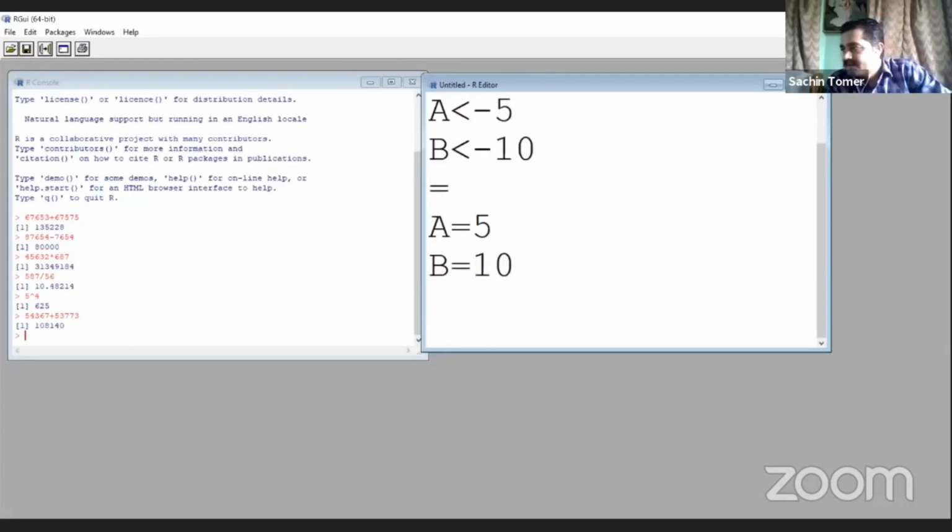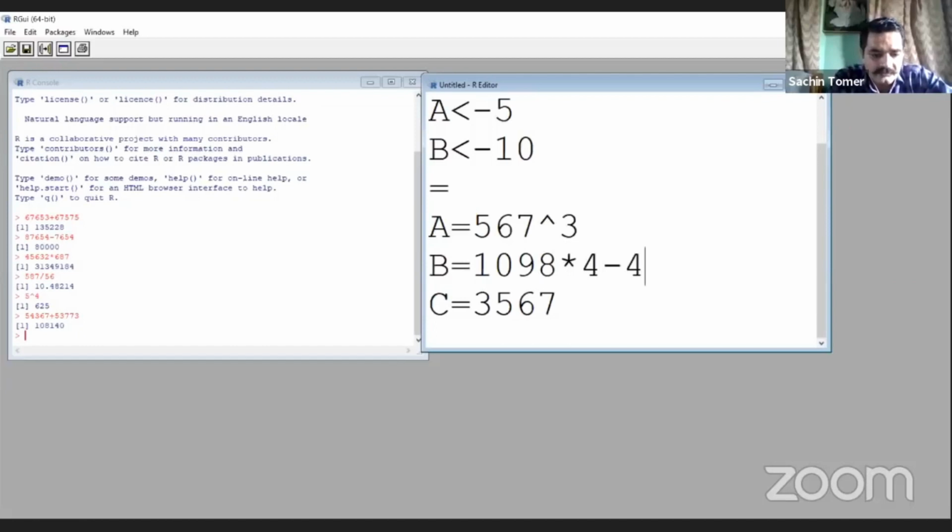Now, suppose we have a is 5, b is 10, and c is equal to 3, 4, 5, 7. We are changing the values in a and b. a is 5 to the power 3. b is 10, 9, 8 into 4 minus 4, 5, 6 to the power 2, and c is this.